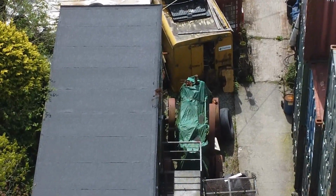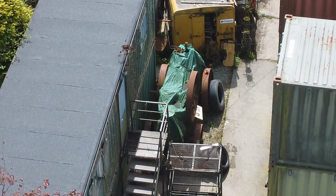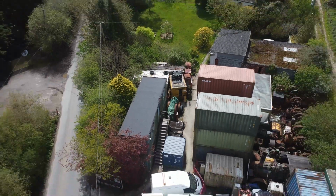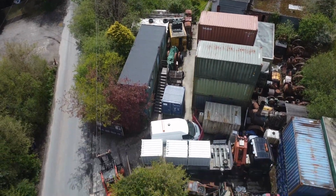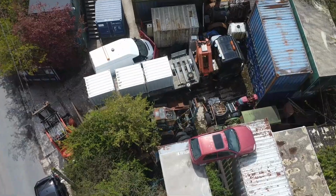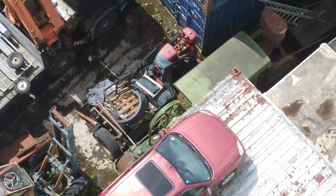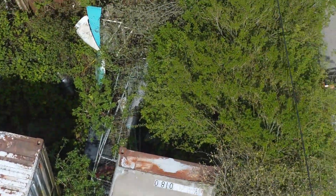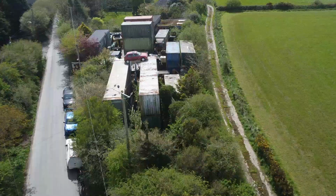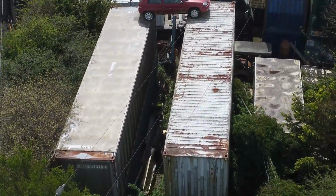And it looks like there might be another one there as well. That looks like that might have the old steam engine traction wheel on it. Yeah, it's a real shame, that is, to have them parked up there like that. Right, I'm going to have to return to home a minute to change my battery on my drone. Right, let's get back up over Withiel Commercials. Now that the battery's back on,